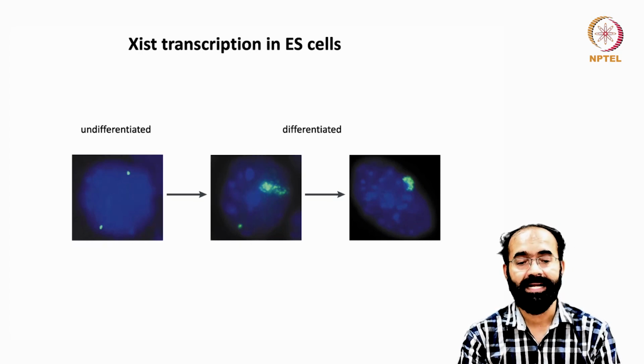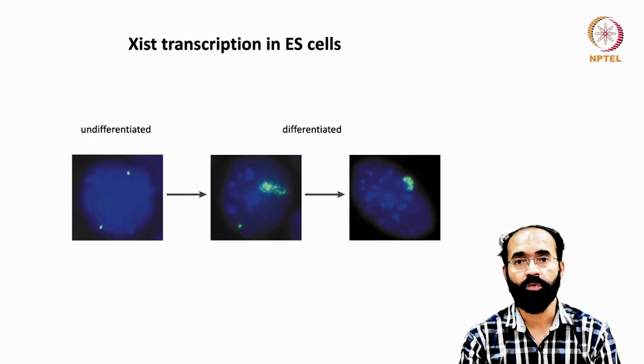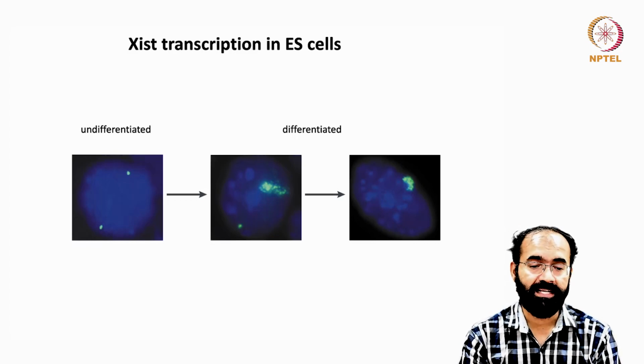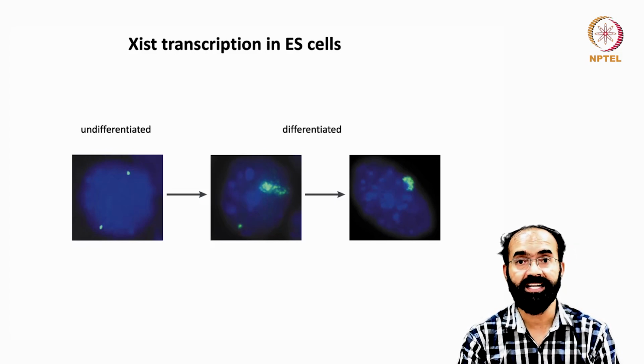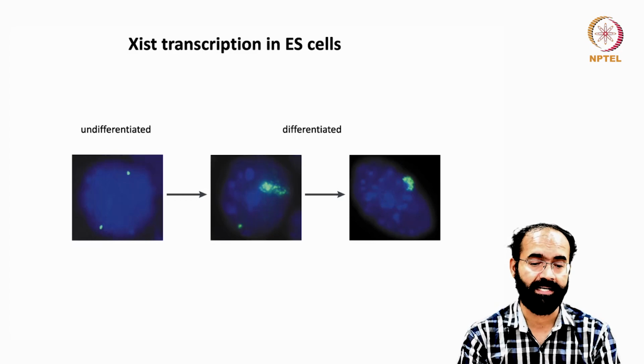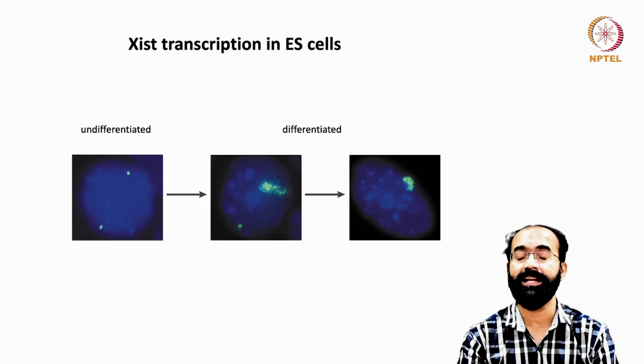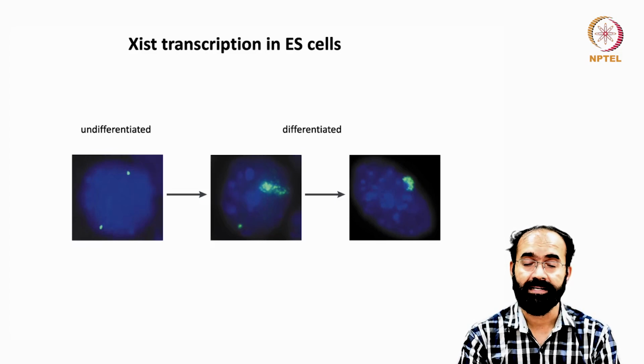and these two dots indicate there is no weightage of Xist over the other. It is equal, but it is low, and you can say low because of looking at the neighboring pictures. Once it is differentiating, at the early stage, you can see huge expression of Xist in one of them, and you can guess that it is going to be inactive. Whereas there is moderate or nil expression in the other chromosome, that dot remains more or less the same. And as the differentiation continues, you will see this disappearing completely because you don't have even the tiniest expression of Xist,